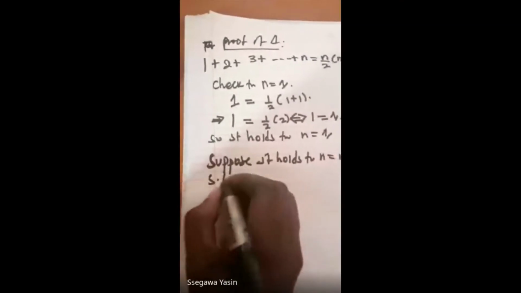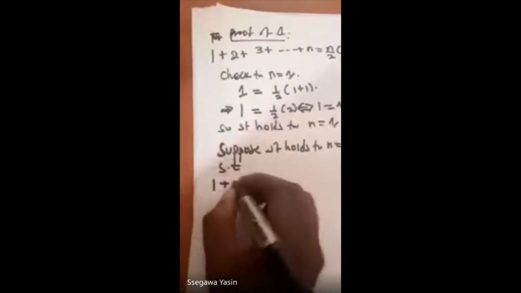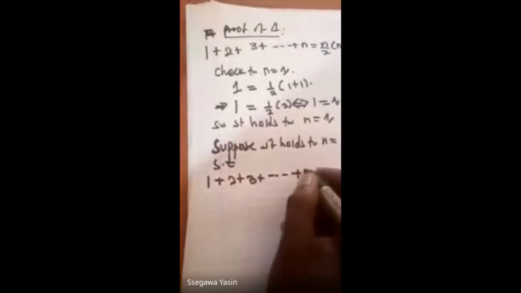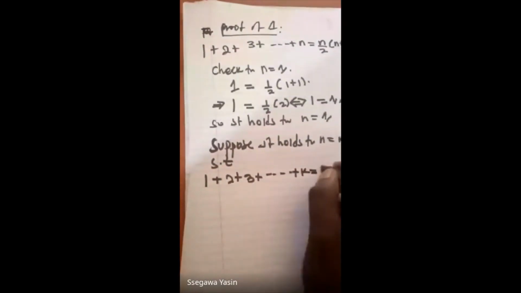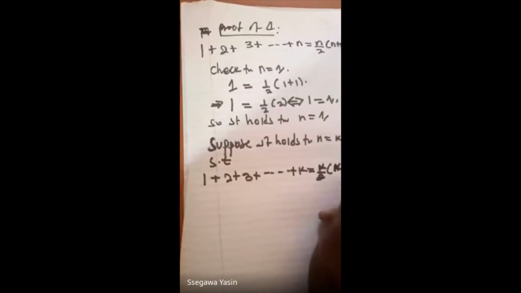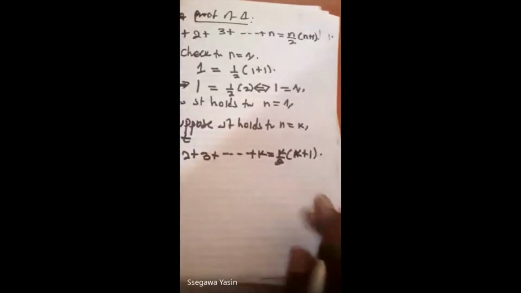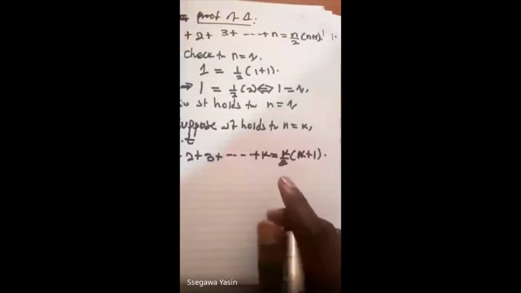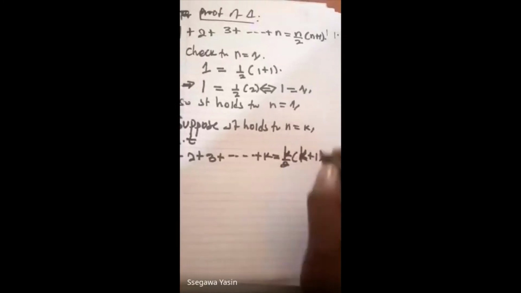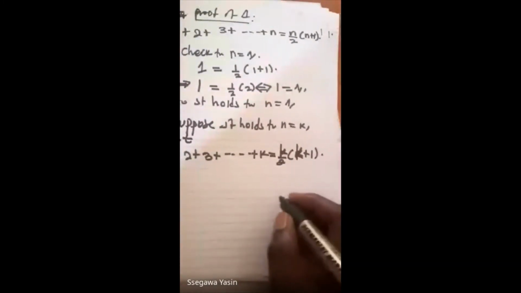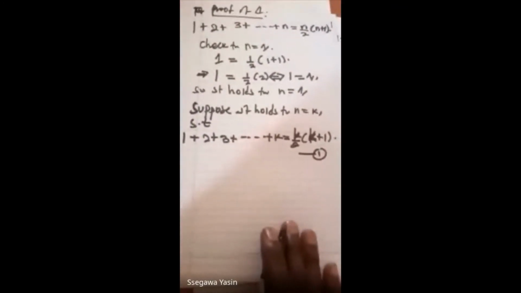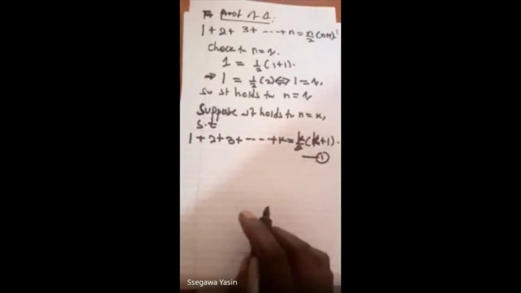such that we have 1 plus 2 plus 3 plus up to plus k equals k over 2 into k plus 1. So I've substituted, I've removed the n. Actually, the truth is I've removed the n and I've put k. That is the trick behind it. So this, we call equation 1. Now after that,